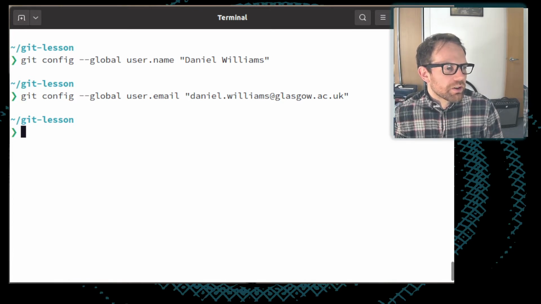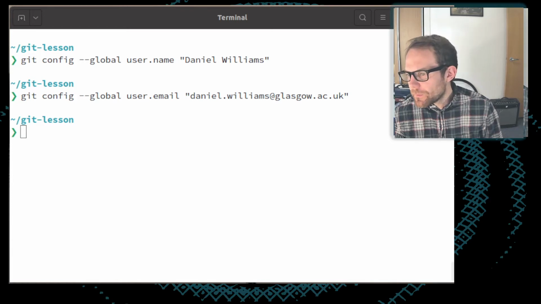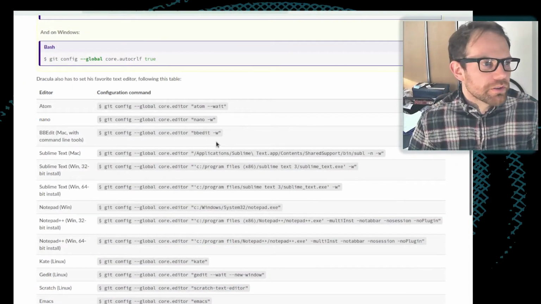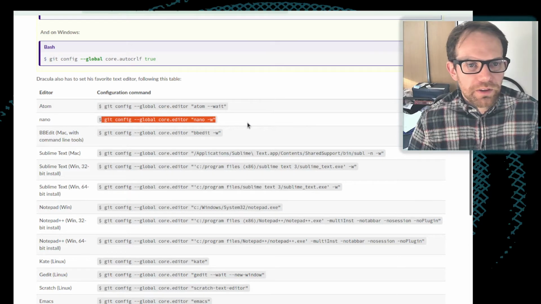There's some discussion here about how you can set your default editor in Git as well. So do feel free to come back and have a look at this once you're a bit more comfortable with what we're doing. For now, I suggest that we just leave things using your default editor, but you could change it if you want to very specifically use the nano editor, if that's what you're comfortable with after last week's session.